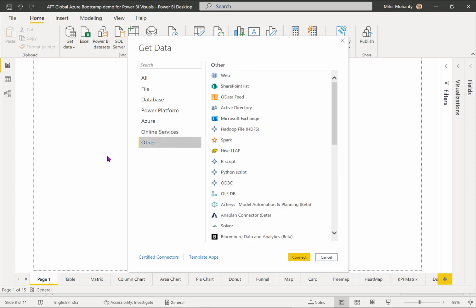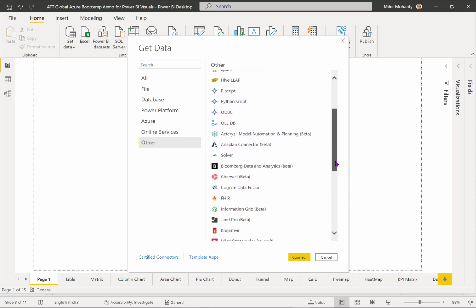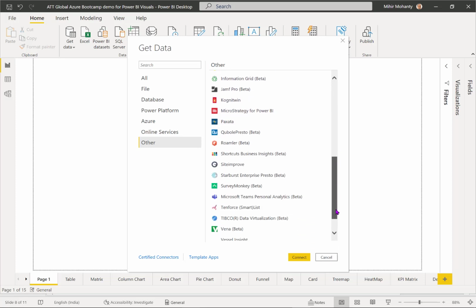And last but not least, under others, like I was mentioning, web URL and a few other areas like R and Python scripts. If you have expertise in any of these areas, feel free to explore and understand more about the offerings we have under the Power BI umbrella.